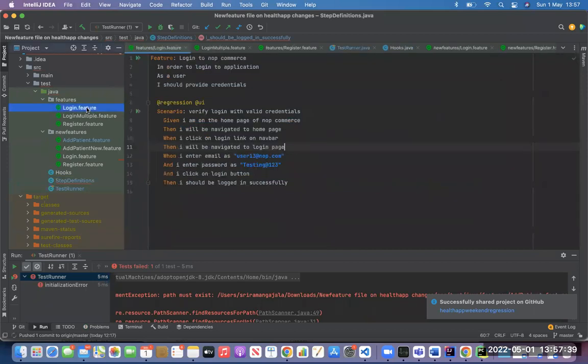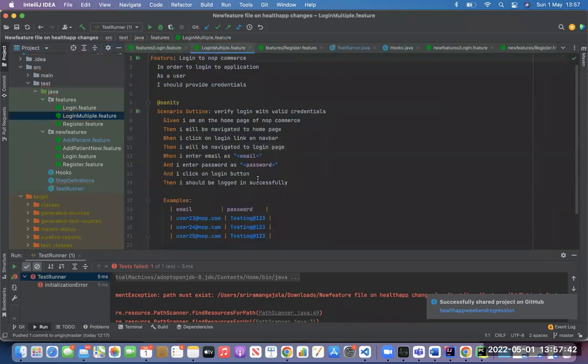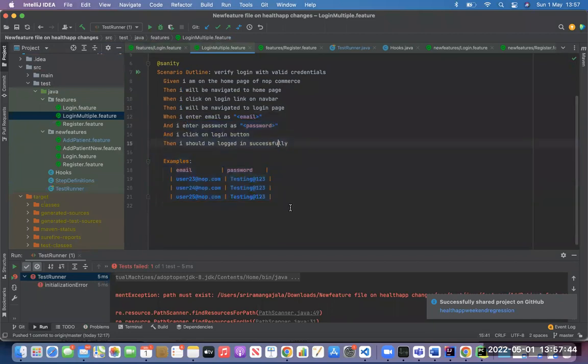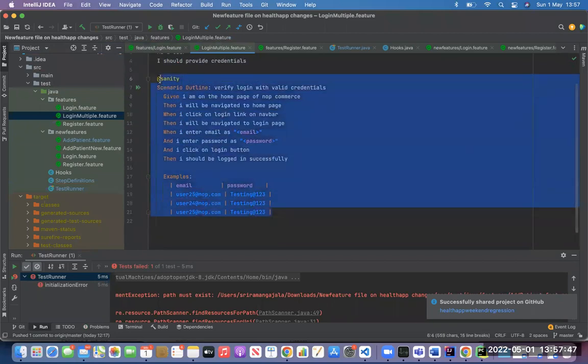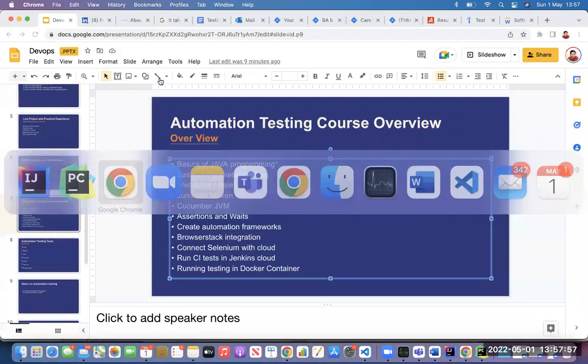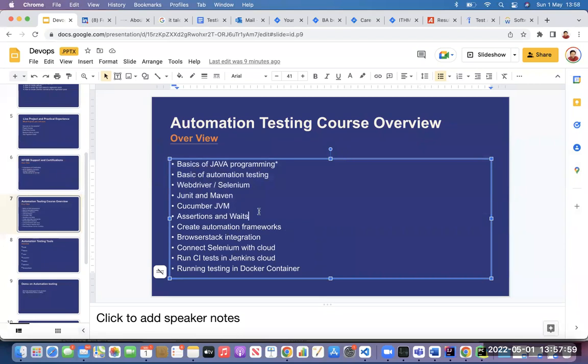You can see here all the features. He is developing a nice feature. See here, he's using 3 different emails to test his login. This is what BDD means. This is what I want you to become: a strong automation tester based on Cucumber. Making sense, guys? Yes, sir.